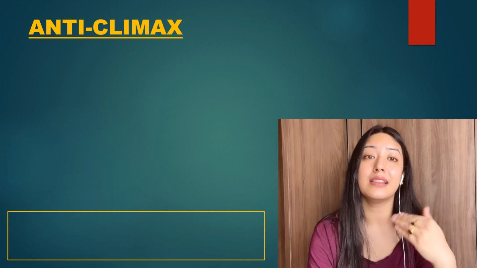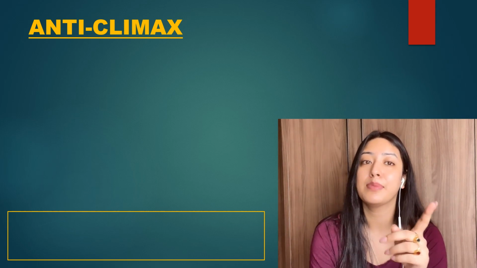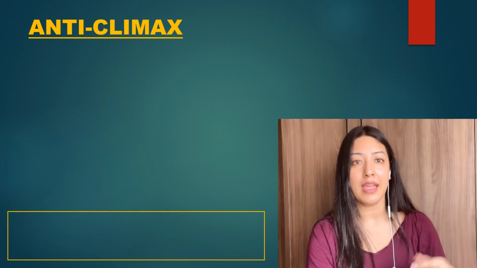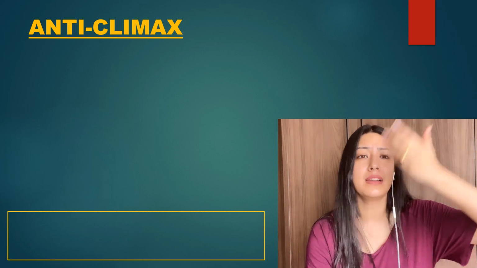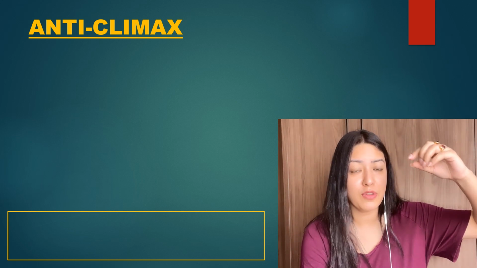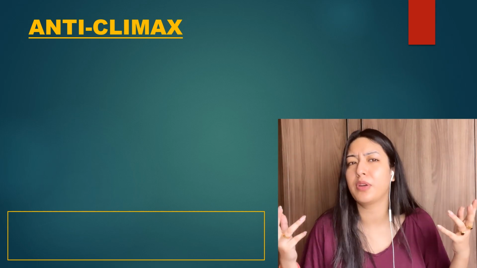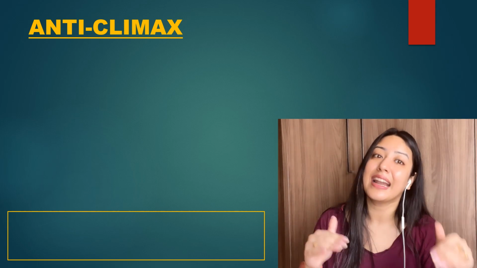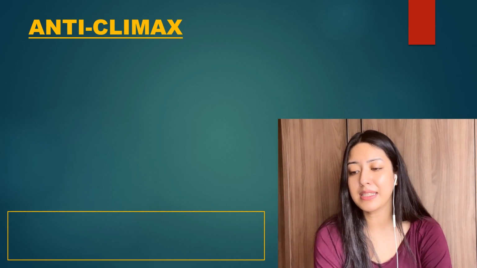Sometimes we think that either climax happens or anticlimax happens, but usually anticlimax happens after the climax. You might say that climax is the highest point in the play and anticlimax is a drop. No, climax takes place. Your expectations are built up and built up to a point where you feel like, okay, this is the turning point, the point after which these two protagonists will fight for each other, after which the falling action will take place. But instead, a drop happens. That is anticlimax. So let us look at the definition once. An anticlimax is the release of tension.